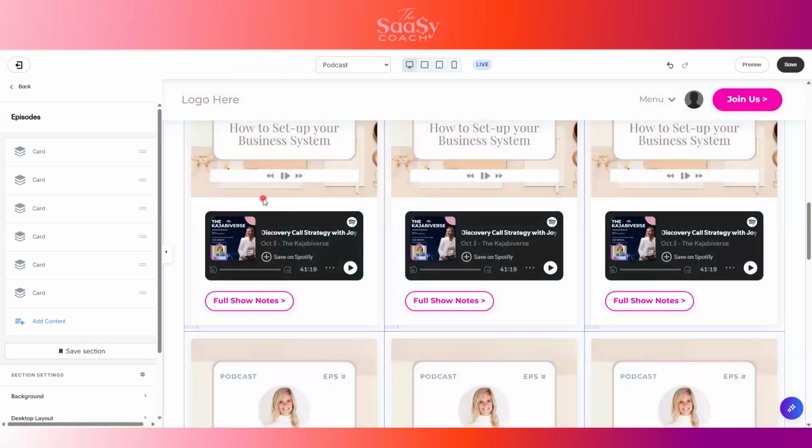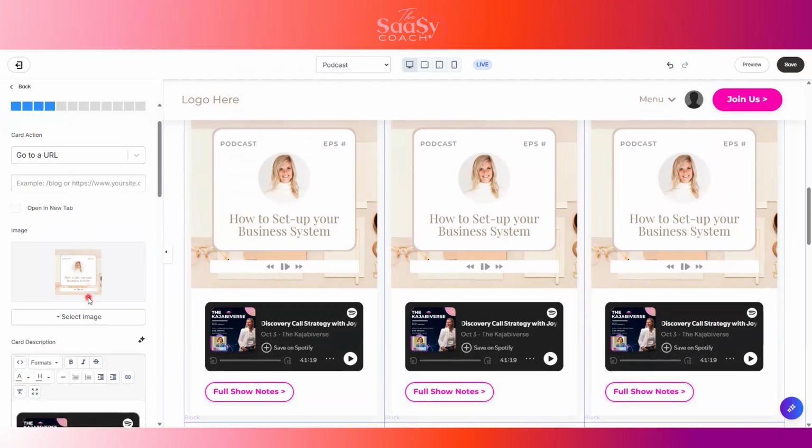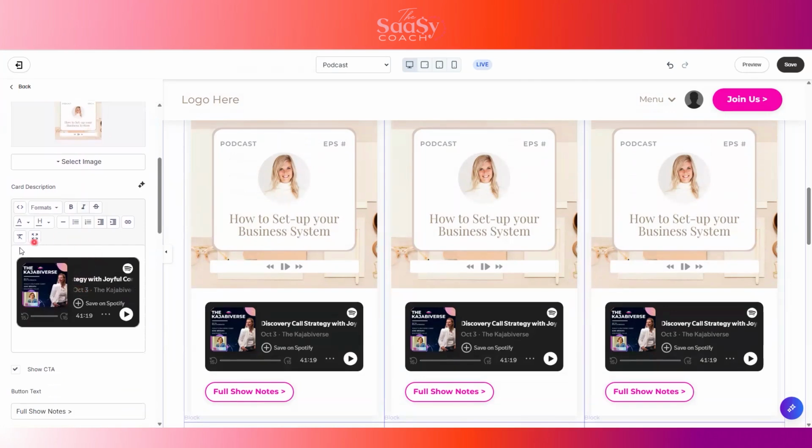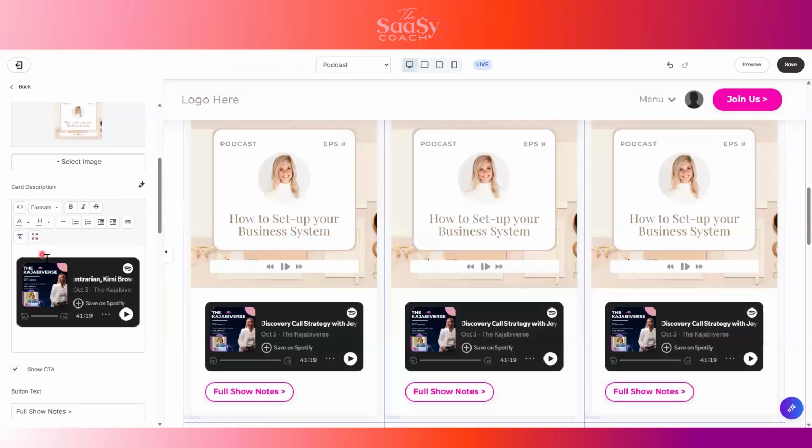Now, this block here, if I click on it, you can see what we used was a card block. We put a little bit of podcast cover art in there for the episode. And then down here in the text section, we've added the code. So if you want to replace our player with your player, firstly, go over to Spotify or wherever your podcast is, grab this iframe code, come back to the page, open up the block where you want it, click here on these weird little brackets for source code,